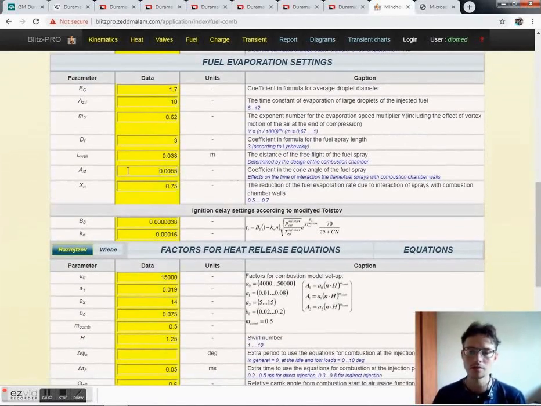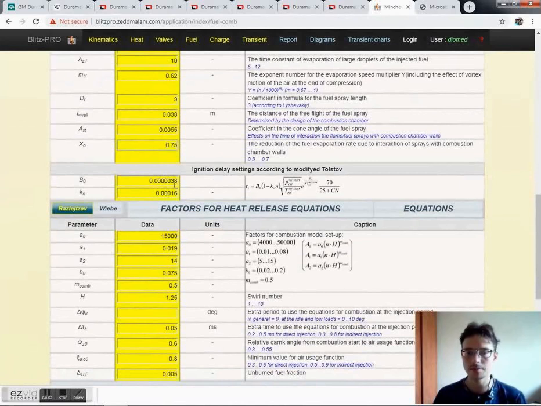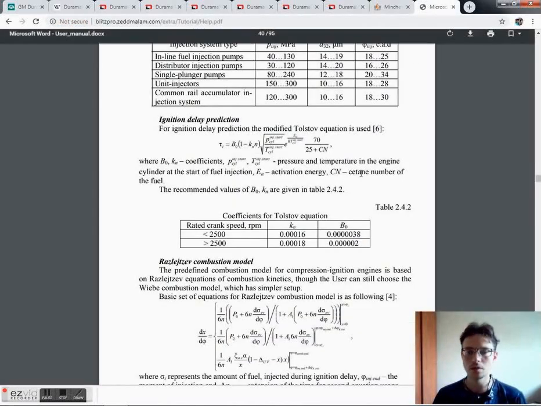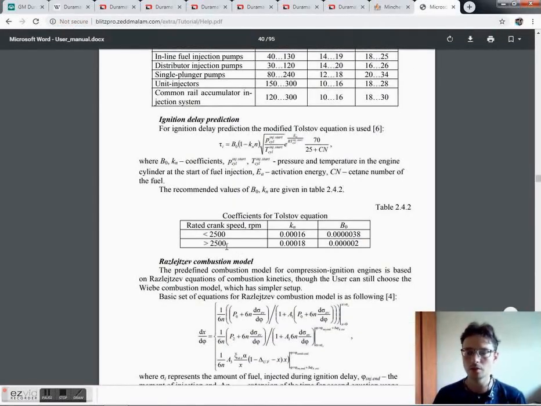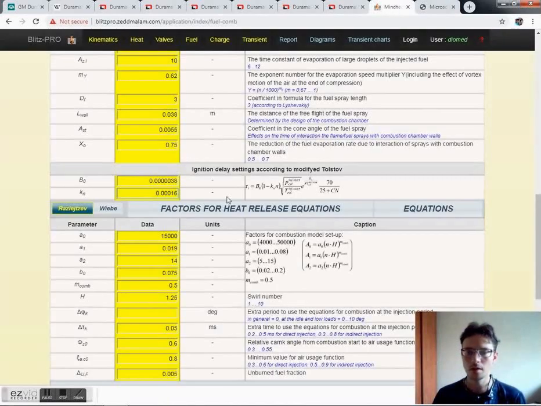describe and help to assume the drop of the evaporation speed after the fuel spray interacts with the walls of the cylinder. So we can use these, as well as the parameters which describe the ignition delay. We use the Tolstov equation, and for the high-speed engine, we can use these recommended setups for constants Kn and B0. Okay, and then